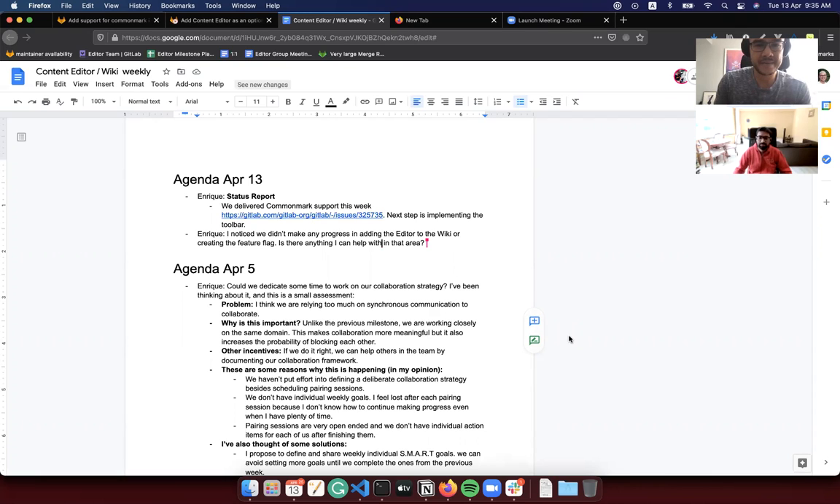This is the content editor weekly catch up where we discuss the progress of the content editor component development and its integration in the wiki. So yeah, I have the first point in the agenda, and it's about the status report of what I've been working on. So today we finished the implementation of the CommonMark support in the content editor, which basically was